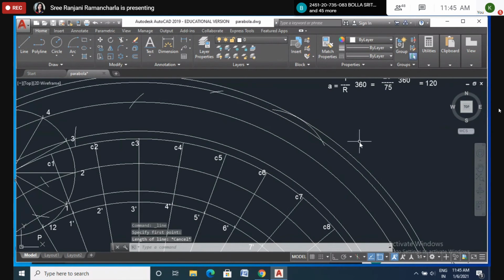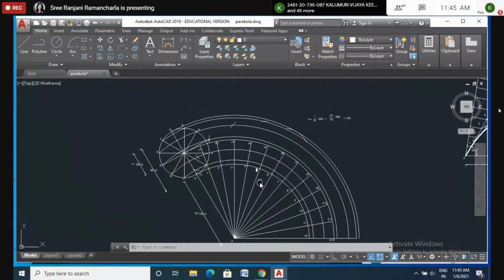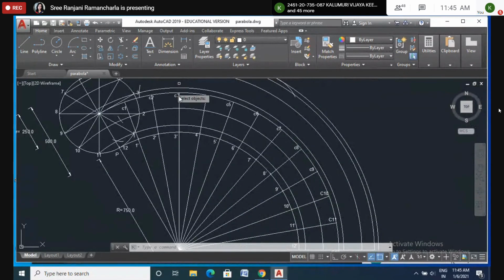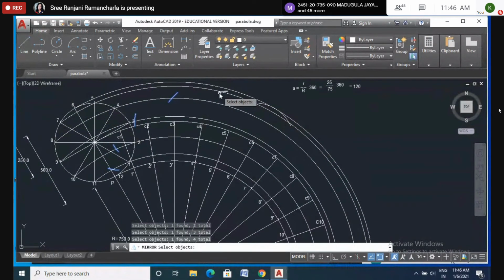Okay, now I got it. With center C7 and 2.5 as the radius, cut the line like this. You do all as you have done for this one. But here what I do is take the mirror command. Instead of doing it like that, I will take the mirror command. Select the objects. I want to select these curves. Instead of using the arc command 5 times, I want to use this one. Okay, selected. Of course, this is not required. No need to select this one.